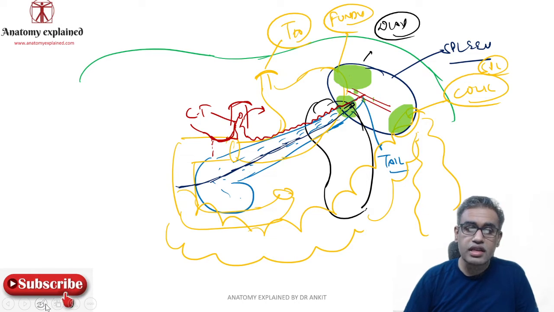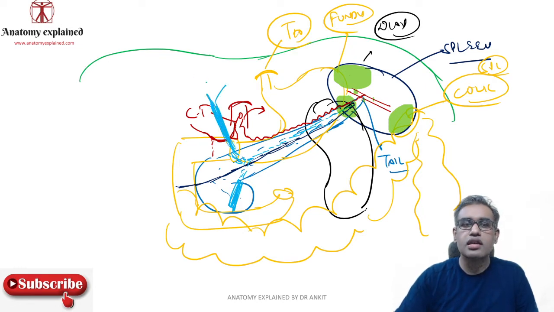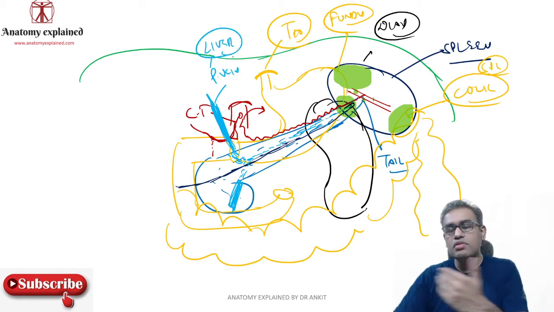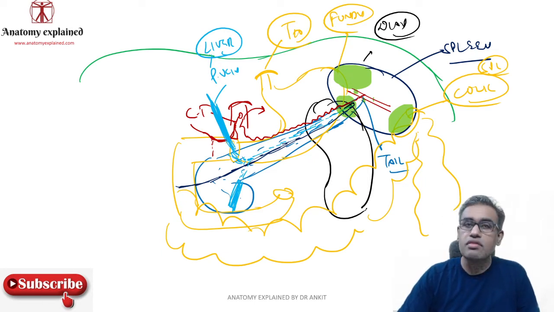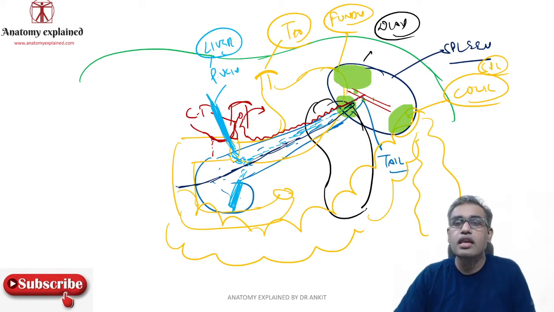If we talk about the venous drainage of the spleen, then the venous drainage of the spleen comes in the form of the splenic vein, which runs behind the body of the pancreas, and over here it will meet up with the superior mesenteric vein, and they form the portal vein over here. This is the portal vein. Now that will also run above, and that is going where? This portal vein is going into the liver. So you can see the blood which is draining from the spleen, the sequestered RBCs, the bile products, are all going to the liver to form the bile. Okay, so one of the important functions of the liver is formation of bile.